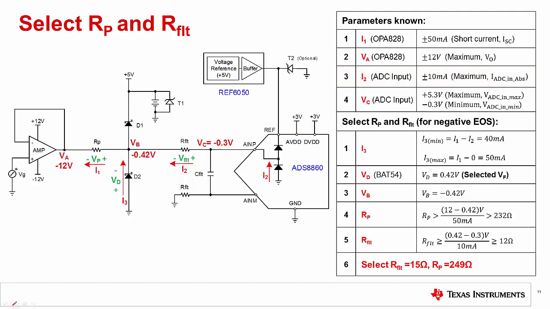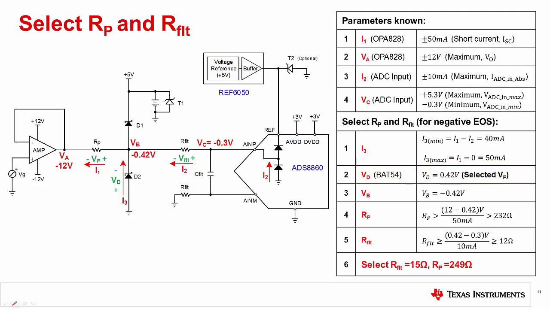Up to this point, we have assumed that the diode voltage drop was 0.3 volts for a Schottky diode. As mentioned previously, the magnitude of this drop is dependent on the forward current. Under a fault condition, the current through the Schottky diode is the 50 milliamp short circuit current from the amplifier minus any current flowing into the ADC. The worst case voltage drop for the diode happens when the entire 50 milliamps from the amplifier flows into the diode. The BAT54 diode used in this example develops a 0.42 volt drop at 50 milliamps. We will show how to use the diode curves on the next slide to determine the diode voltage drop based on its forward current.